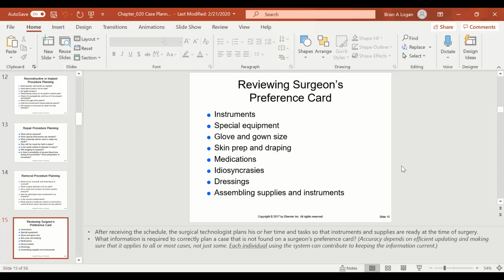The surgeon's preference card, right? You've all seen one in the lab. It's got all of this kind of stuff on it. These are the idiosyncrasies. Most of the time, you're really not going to find a whole lot on these, except maybe whether they're right or left-handed. Most of the idiosyncrasies you're going to get from your fellow coworkers. Oh, you're working with Dr. So-and-so today? Make sure you've got this, or make sure you don't do that. But it has all this stuff listed on your preference card,